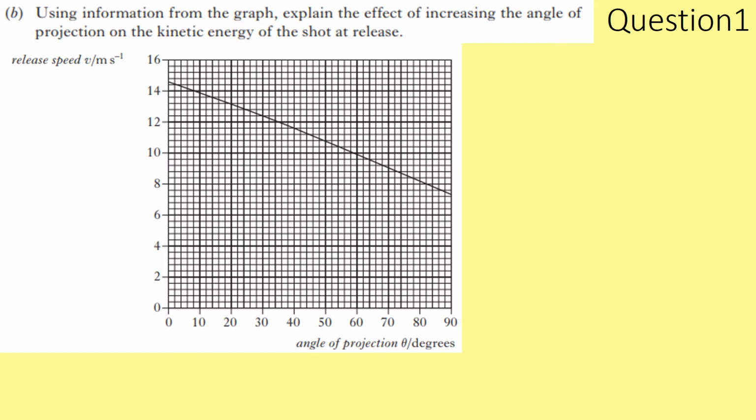When we lift up the shot to a greater height in order to release it at a greater angle, then the amount of energy we need is going to get larger. If we increase the amount of energy we need in order to lift the shot, then there's going to be less energy available to convert to EK. So to get the marks of this question, we have to say the greater the angle,